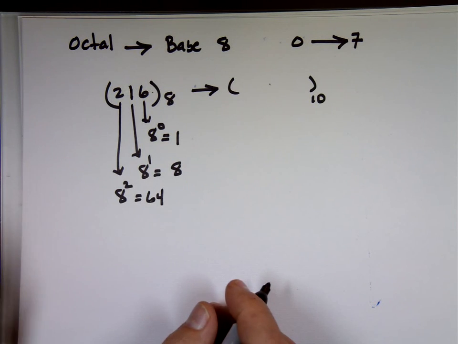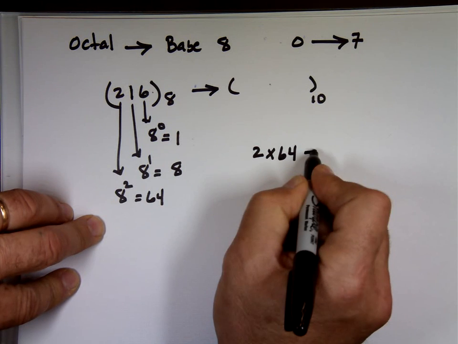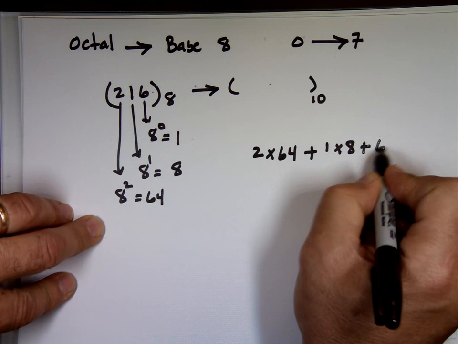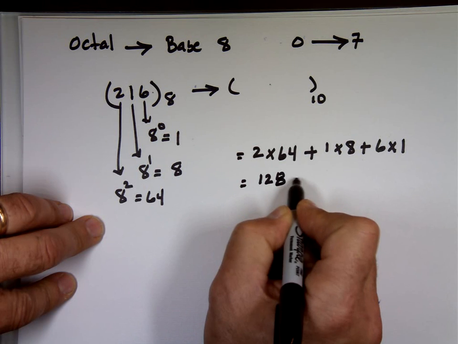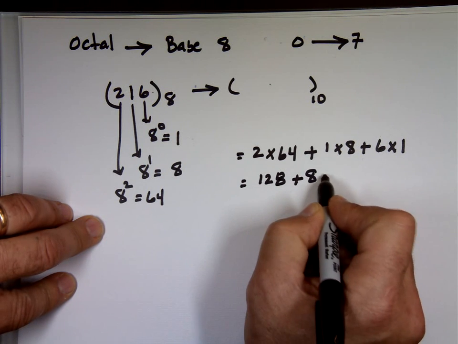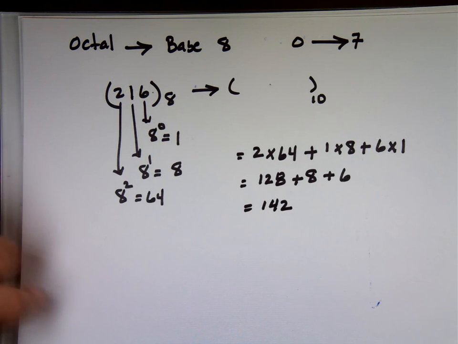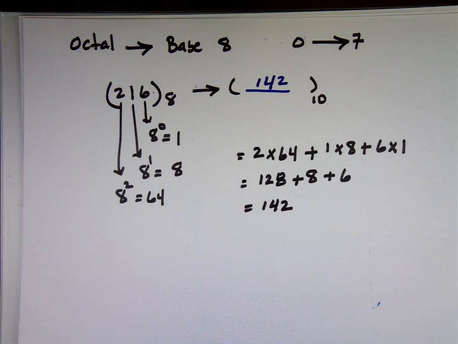So that's 2 times 64 plus 1 times 8 plus 6 times 1. 128 plus 8 plus 6, is that 142? So this one in base 10 is equivalent to 142. And if you get decimals again,